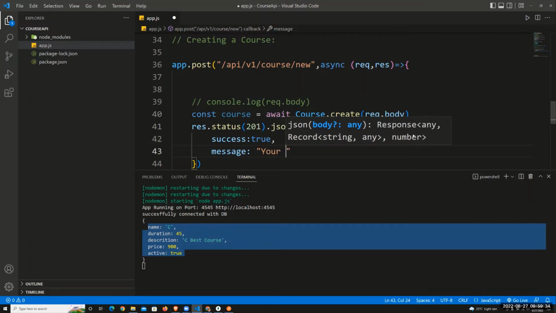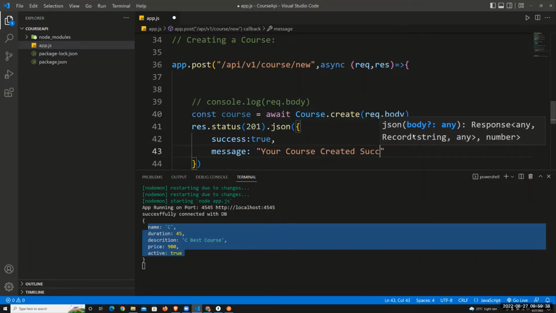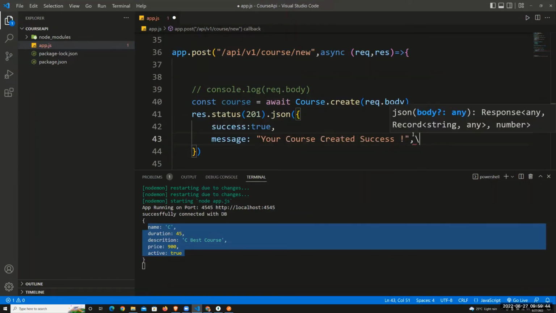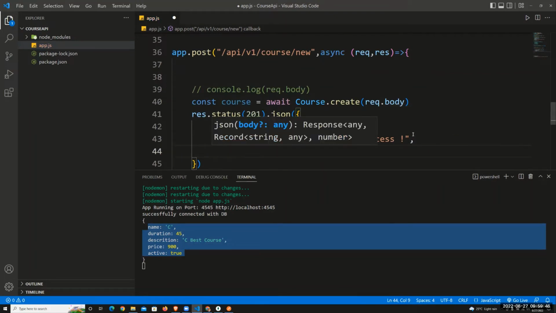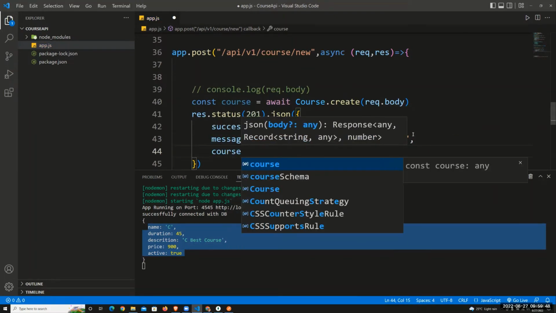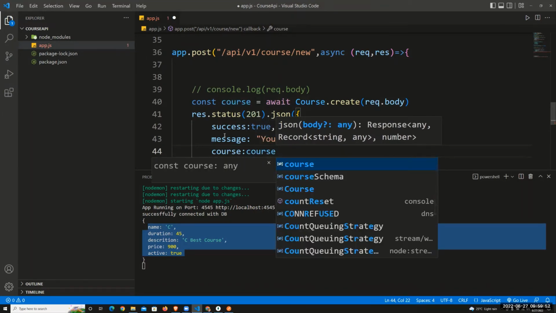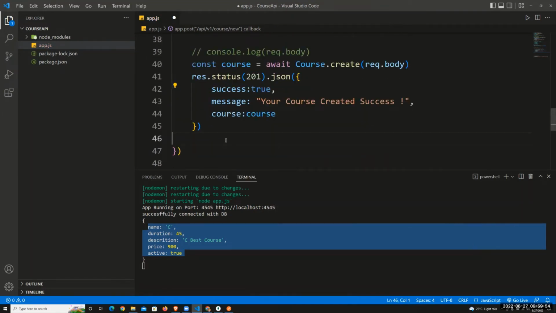your course created success. Okay, you can write this way. और हम साथ में इसके साथ एक कोर्स भी भेज देते हैं कि कौन सा कोर्स क्रिएट किया है इसने। ओके, यहाँ पे इसमें हम इसको कोर्स भी भेज देते हैं। ओके, कोर्स मतलब ऊपर वाला कोर्स भेज देता हूँ मैं। ठीक है, हमने ये टेस्ट कर लिया। सो हम इसको टेस्ट करके देखते हैं कि काम हो रहा है नहीं हो रहा। मैंने इसको सेव किया, अपना नोटबुक फिर से